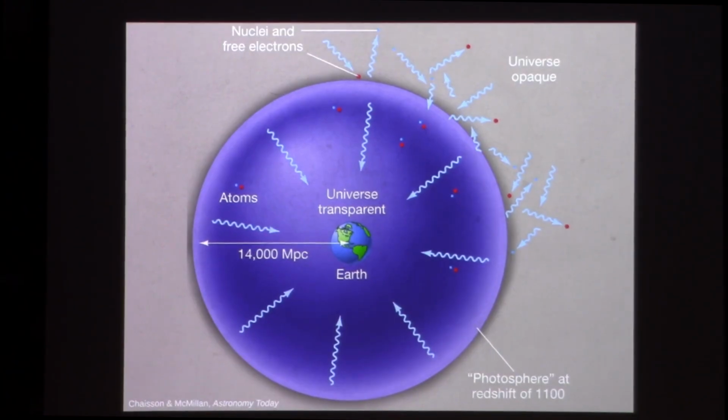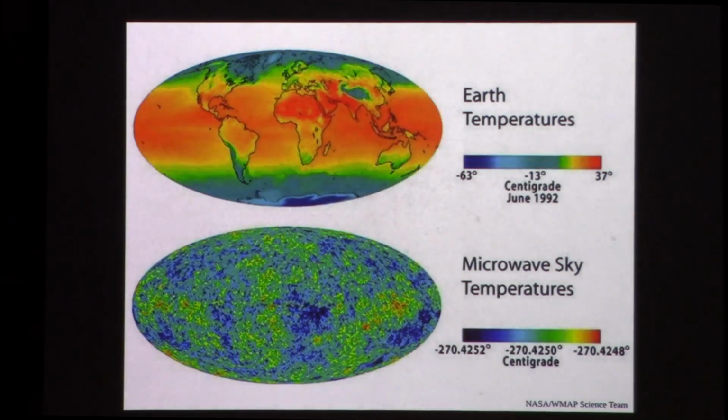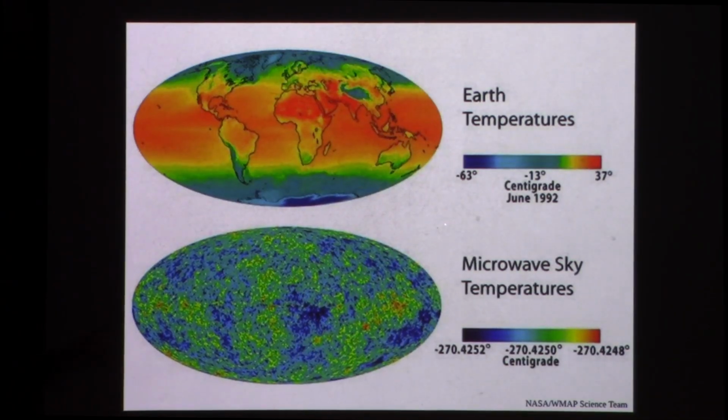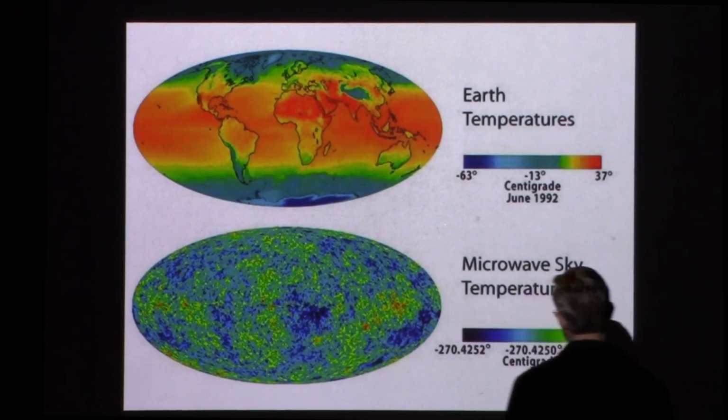Let's look at what happens if you use, say, the Wilkinson Microwave Anisotropy Probe satellite to map the tiny variations in temperature from one direction on the sky to another, from one region of the surface of last scattering, 46 or so billion light years away from us, to another. And here's a figure that the WMAP science team made as an illustration, and I wish they would have chosen,